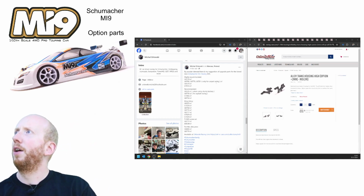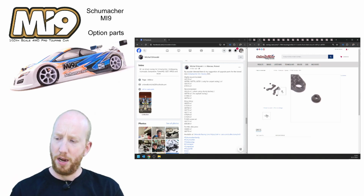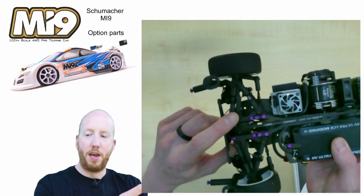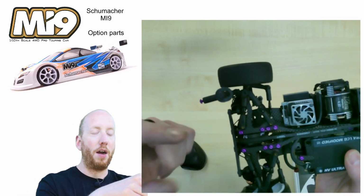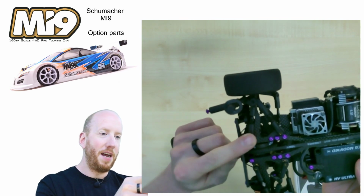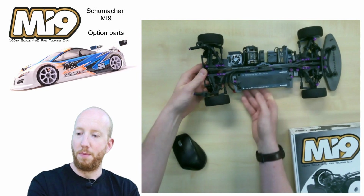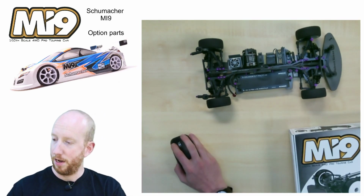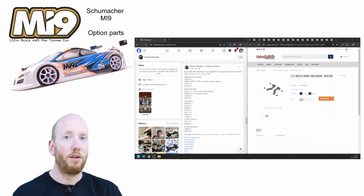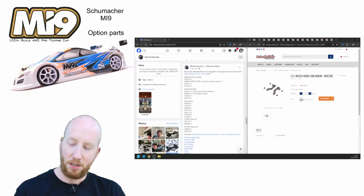So the next one, he also says it's only for carpet racing, and these are the one dot inner link mountings. Having a look at the touring car, you can mount these upper arms shorter and mount them further away from the center with the one dot option plates, and he just posted the rear and the front upper plates. I've not used them much. I mainly run on tarmac, and therefore I haven't used them much, but these are good to have in your box. If you're only an outdoor racer, I'm not sure if you need them. If you're only an indoor racer, I would highly recommend them,